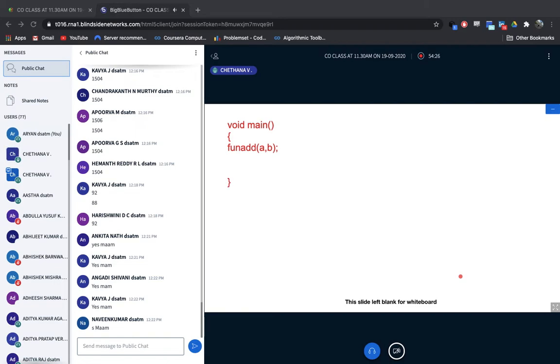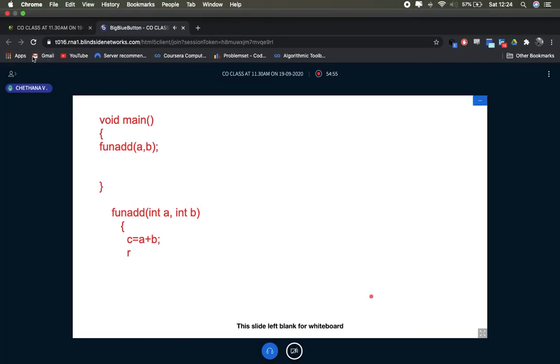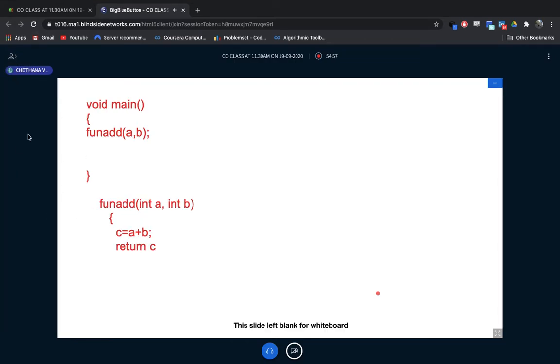Here I'll write a function, an addition function, int a, int b. I'm doing the addition operation here. The full declaration of variables and all I'm not going to write here, just the operation it's performing. Return c.